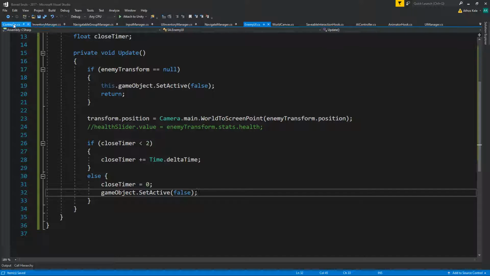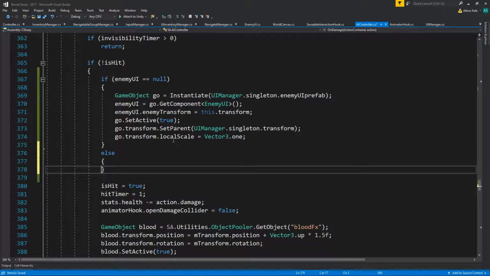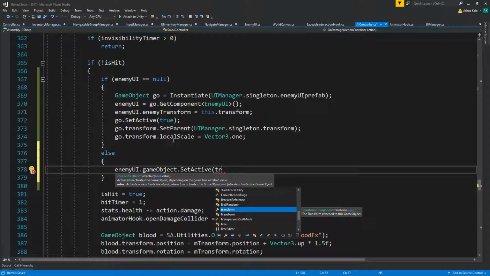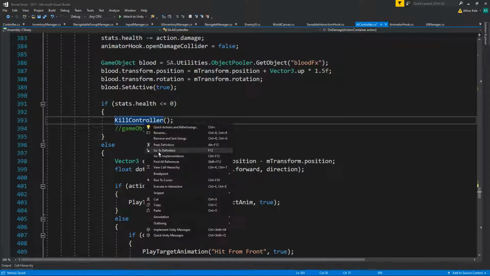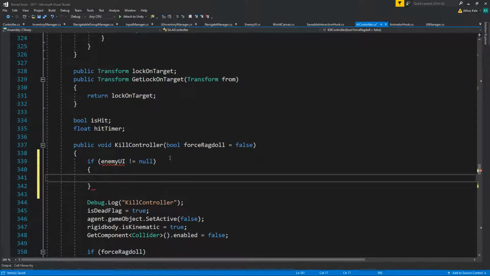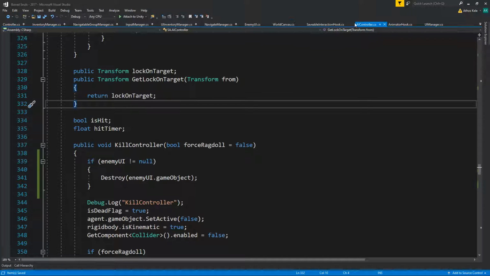Then on the AI controller again, on damage, if you do have an enemy UI, then you're going to do enemyUI.gameObject.SetActive(true). Then if you are actually killing the controller, if enemy UI is not null, destroy enemyUI.gameObject. Okay, and let's just go and create the same thing for,